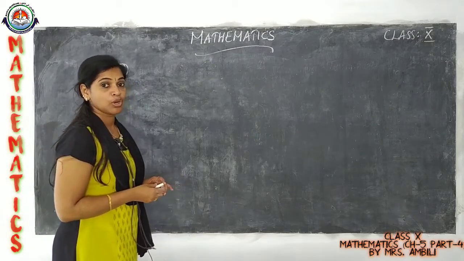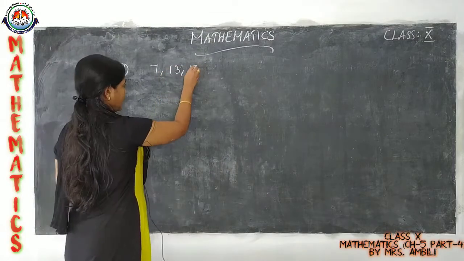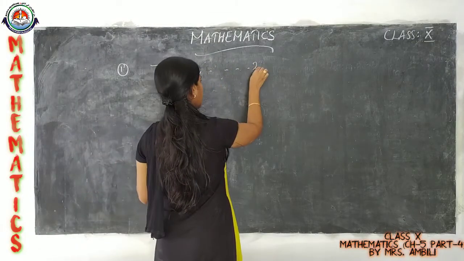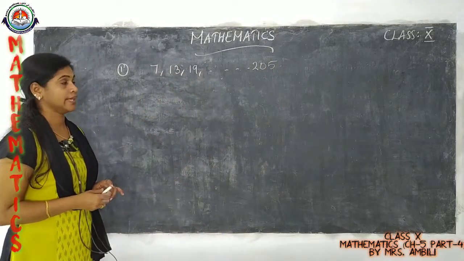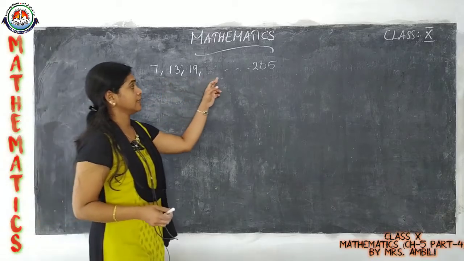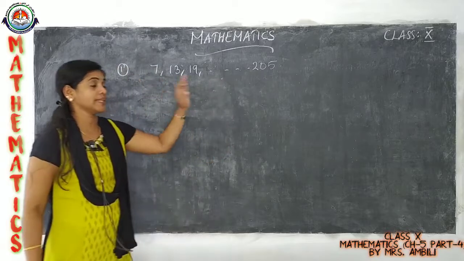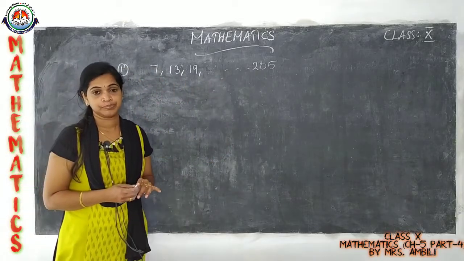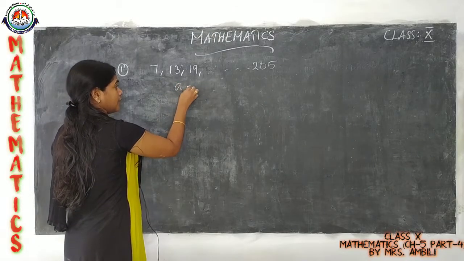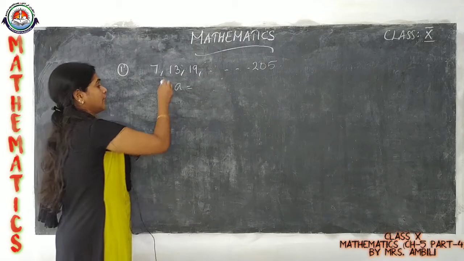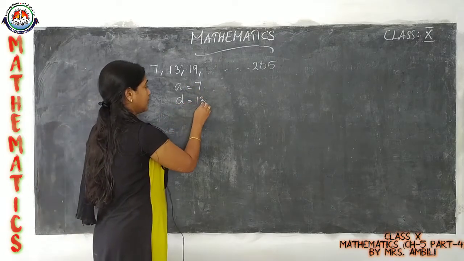Find the number of terms in an AP 7, 13, 19, etc., 205. So you need to find out how many terms are there in the given AP. Okay, so for that first you write the given things. What is given? First term is given, a equal to 7. What is d? d equal to 13 minus 7,